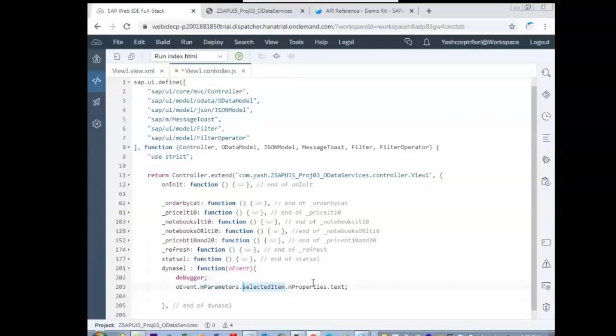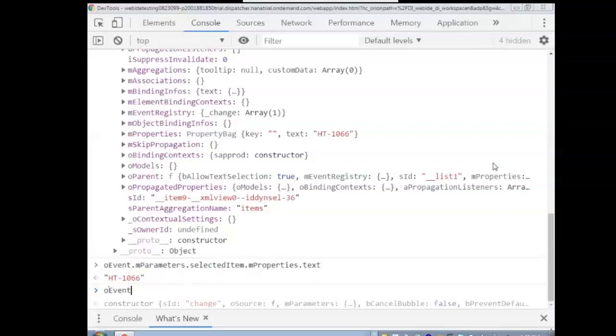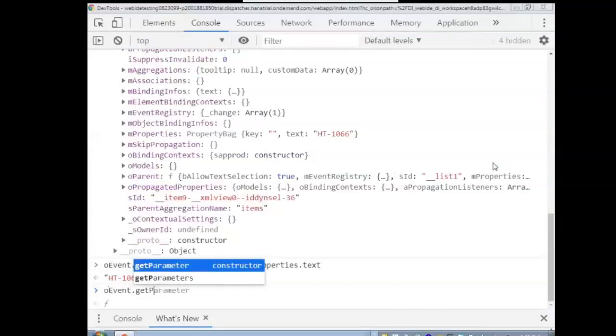For this purpose only, there are methods like getProperty. Let me write oEvent dot, sorry, getParameter of selectedItem.